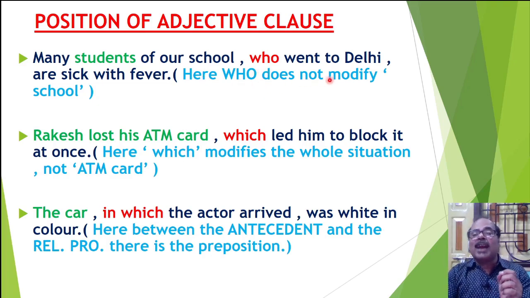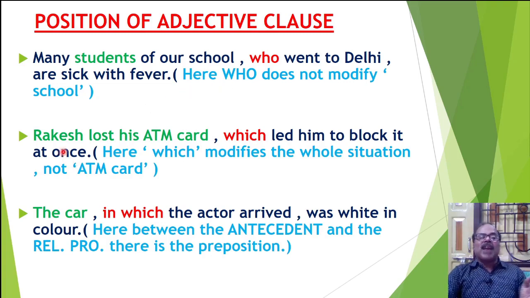Here who does not modify school, but who modifies students. Actually it is a noun phrase and the entire phrase is qualified. Many students of our school, আমাদের স্কুলের অনেকগুলি ছাত্র যারা দিল্লি গিয়েছিল তারা জ্বর সহ অসুস্থ।